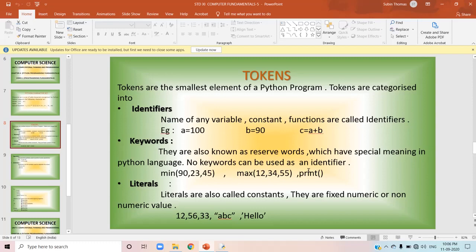And the second type of token is known as keywords. Keywords are predefined words. Certain words are already defined in Python, and these words have a certain meaning. That type of words are known as keywords. In Python, if I am going to use min, M-I-N,